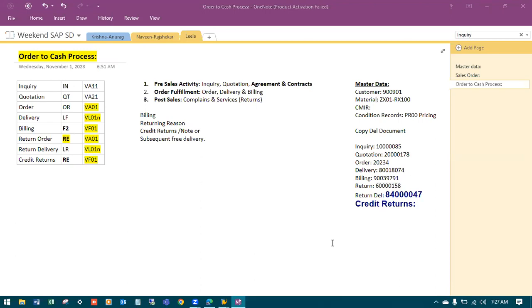Would you like to ask any doubt in this order to cash process? Yes, sir. Please go ahead. Actually, in the last stage, credit for returns, the customer who wants to return, if we have to give the amount, then only we have to do this credit for returns process. Otherwise, if we